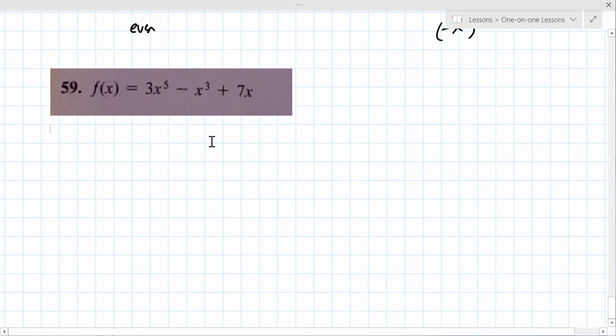It's still even for number 59. I factored out the -1. So when you factor the -1, you should get back to the original. Yeah, I got the original for that, which means it's odd. That means it's odd. Oh, I mean it's odd. Oh. So if you put this in for